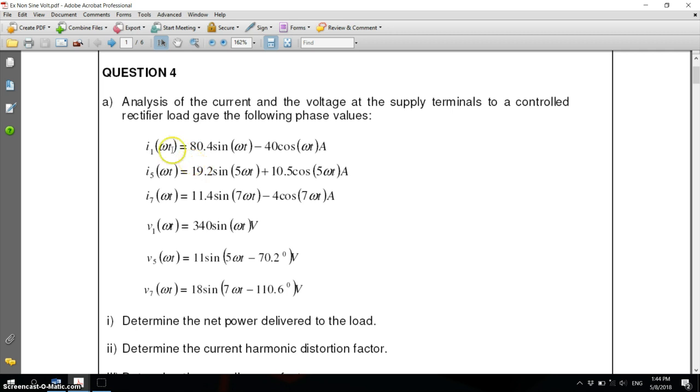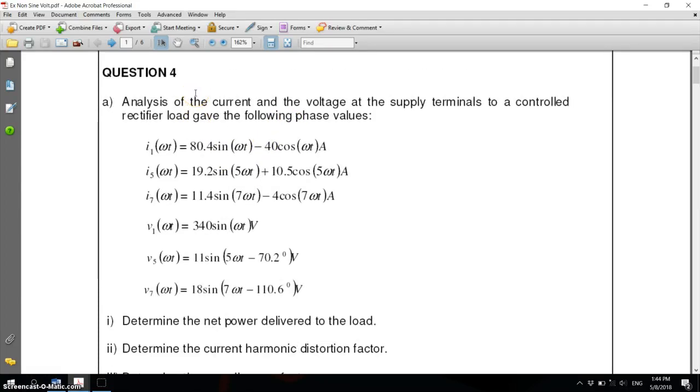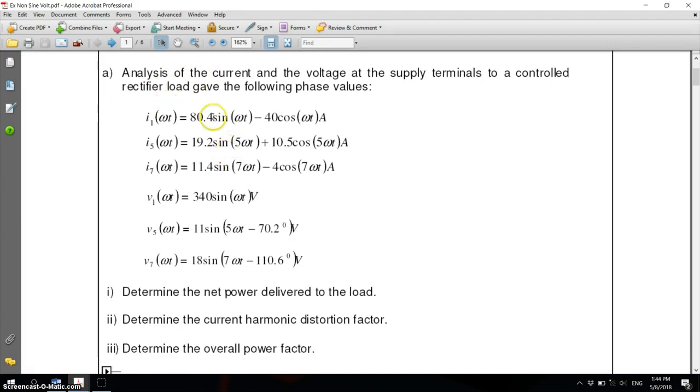Okay, for example, in this case, before you solve for the average power, for harmonic distortion and the rest, you need to convert the current series into the Cn, right? So this question requires you to convert that into Cn, and then you have to